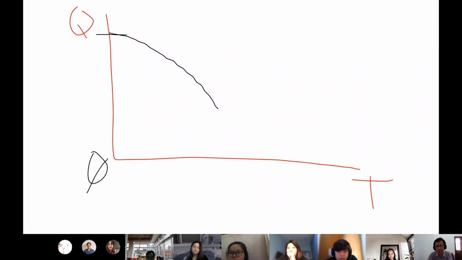Thank you. So this is a typical graphic where Q is the amount of inventory and T is the time. At the beginning, when you buy inventory from the supplier and the supplier delivers it, it will be at this level, and then as you use that inventory, the level will decrease over time.